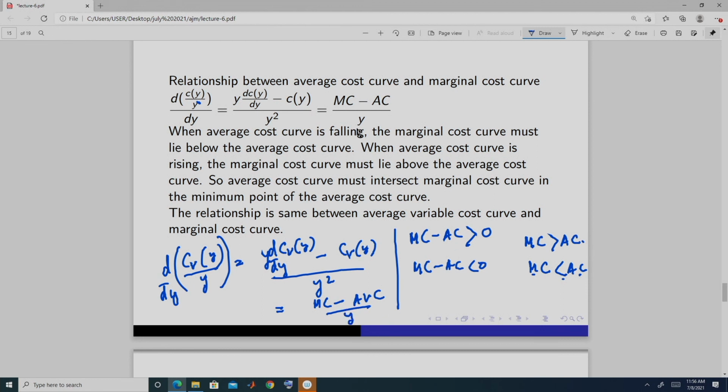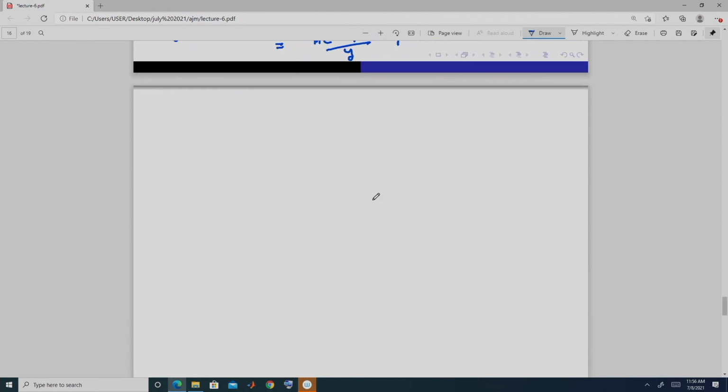So, it is the same, right. Here it is AC because we have taken the average cost. Here we have taken average variable cost, so that is why it is AVC, average variable cost. Okay. So, from this we get that